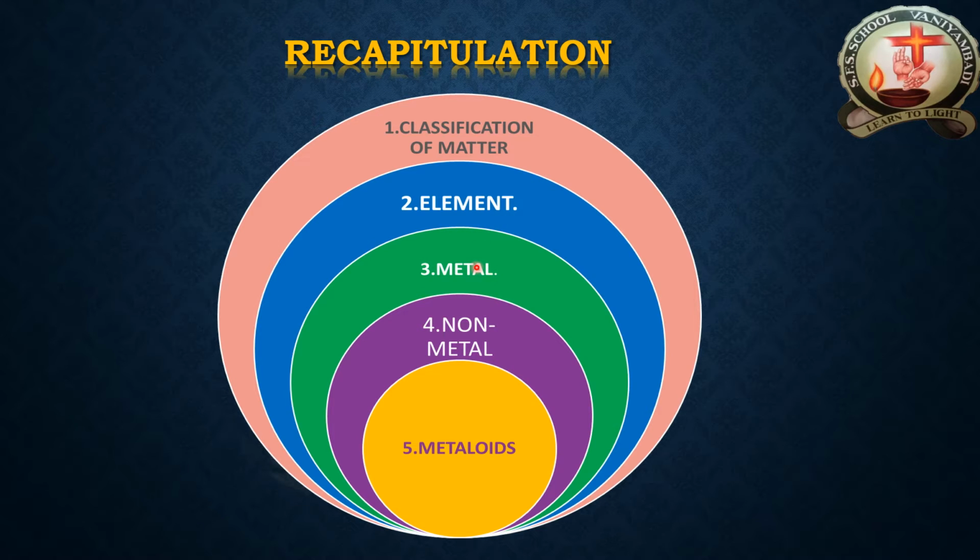Metal has the properties of hardness, density and a definite shape. But non-metal has a definite shape but does not have density and a shiny surface. Metalloids have both metal and non-metal characters. Metalloids are among the most beautiful compounds we found in chemistry, and they are useful for manufacturing many electronic items.